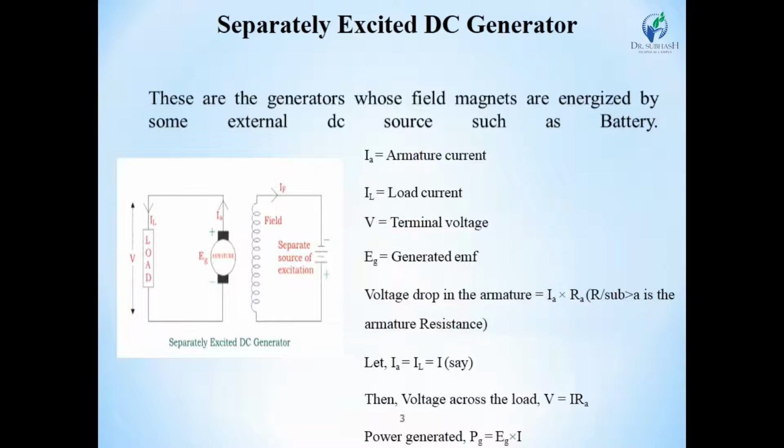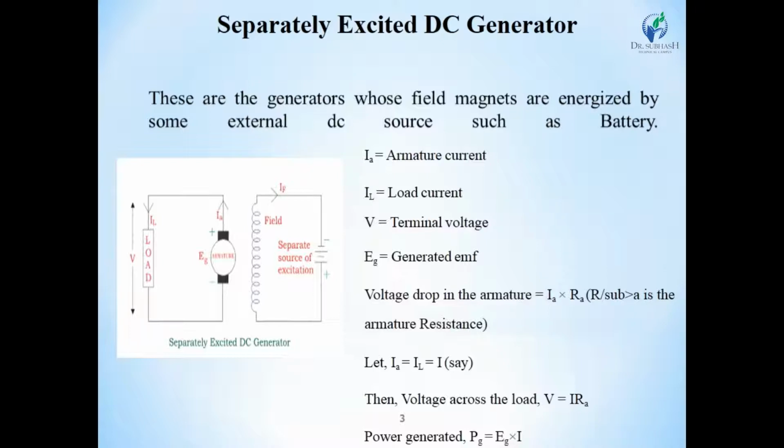When we discuss the topic of induced EMF voltage in a separately excited system, we arrive at the equation E = PΦNZ / 60A. The internally induced EMF is proportional to the speed and flux. For a separately excited generator, if the field current IF is constant, then the internally induced EMF is proportional to the speed.